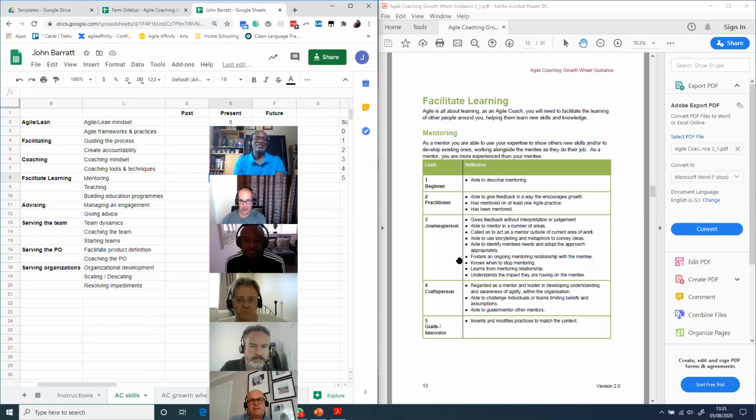So facilitate learning. Some people are interested that we've put mentoring in here, but for us, mentoring is around someone who's got a lot of experience in a certain topic or knowledge, passing on that knowledge to someone else. There are some other characteristics around mentoring as well, such as both people should learn from the experience, and that we're not just imparting knowledge without permission. So we're giving people information, but we're giving them the choice as to whether that is useful or not.